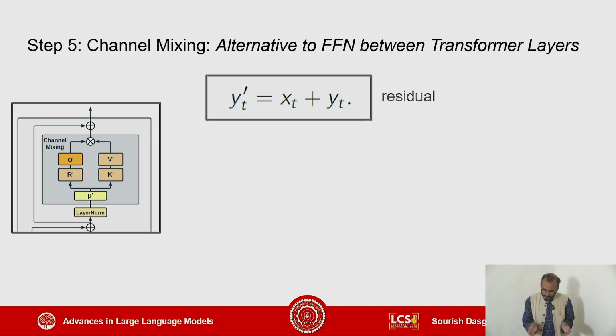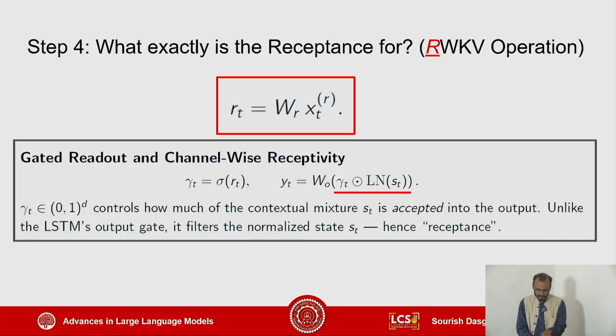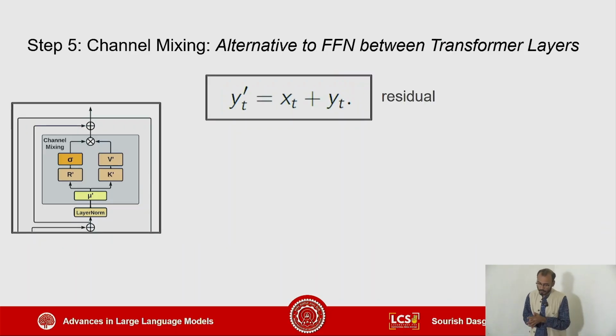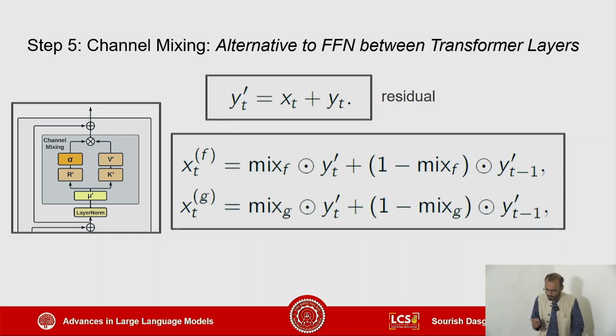So you first do a residual so that the soul, or the crux, of the information is not lost. You essentially add XT as a residual onto the newly formed YT. Where is YT? YT is over here. So you got the YT, you add the residual to YT, you create a YT prime, let's say, and then you mix YT prime at two different fronts, right? The first front, again, the same thing that you do,